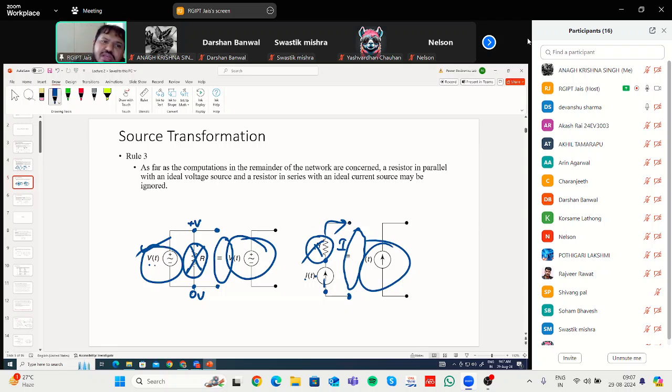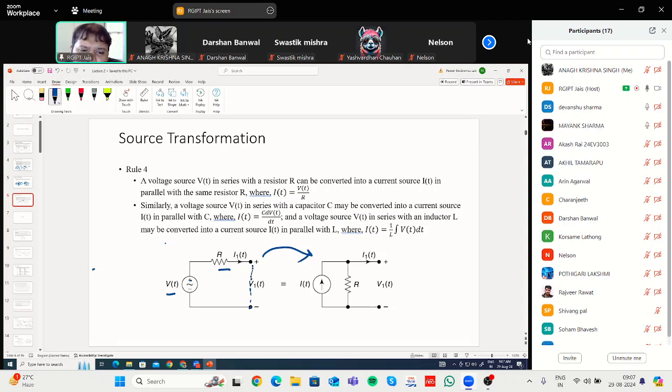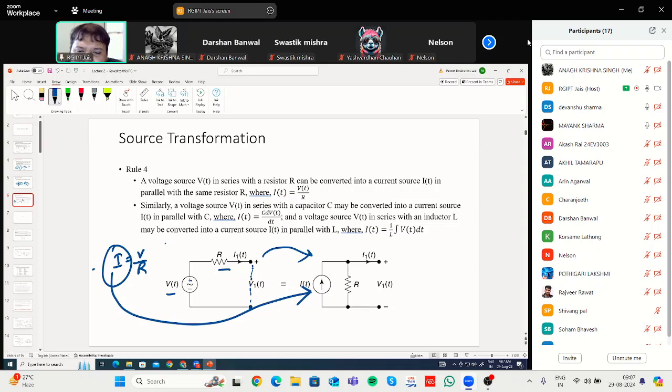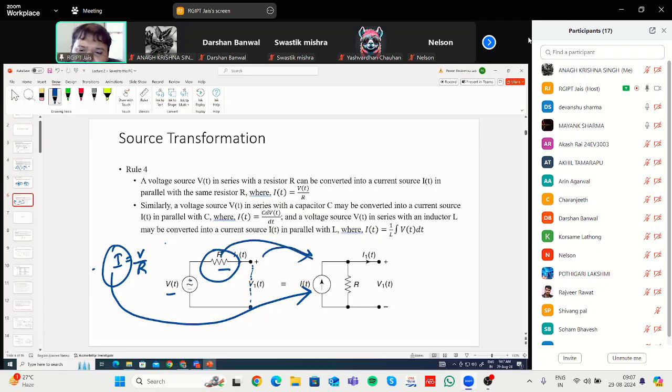Okay, third rule. And the fourth rule is the most important one: if there is a voltage source and a resistance connected in series with the voltage source, then how to convert it into a current source? You have to simply find out the current. Let us say if this is short circuit, then how much current will flow? I will be equal to V by R. So this I will now act as a current source, and this resistance that was connected in series with the voltage source, now it will be connected in